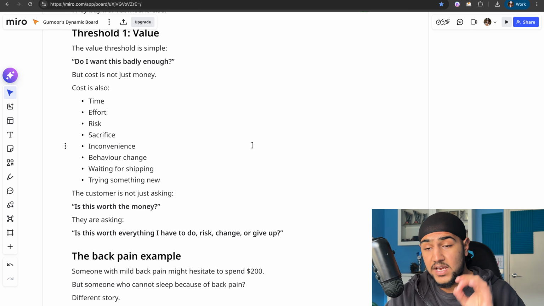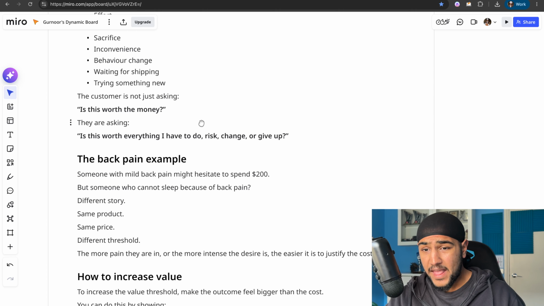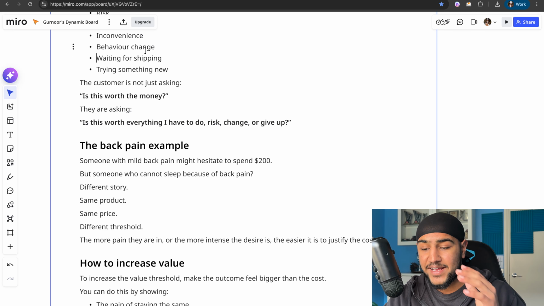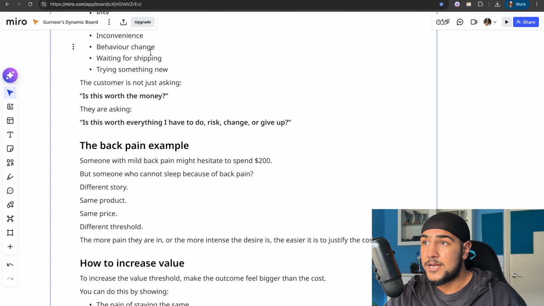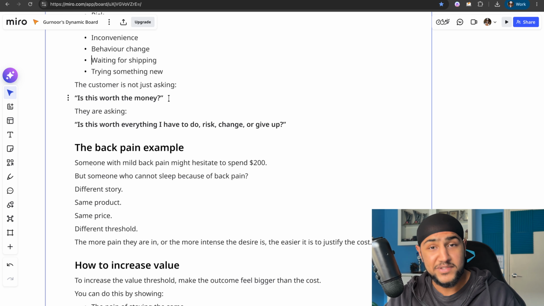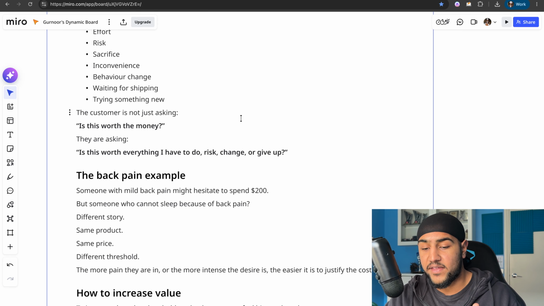That is one of the most annoying things, okay? I literally posted a tweet yesterday saying that 50% of scaling your brand is just making your shipping faster, because when you do that, the customer experience is just through the roof, and people really do like it, okay? I was referencing Amazon when doing that, because I ordered a book yesterday and today it's coming, and it's just amazing customer service, right? And it's honestly such a huge thing when it comes to the value threshold, because someone would rather buy from another brand that provides a similar outcome if they can just get it to them quicker, right? Shipping time in ecom is one of the most annoying things for customers.